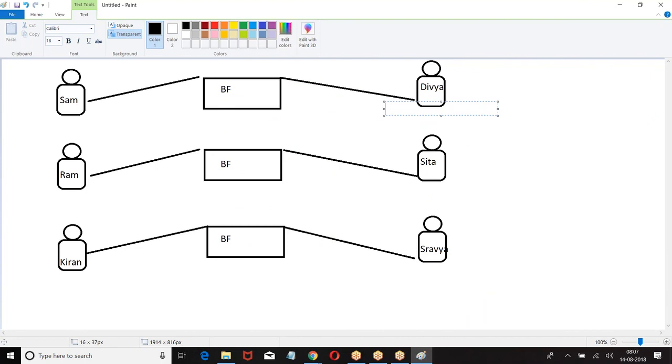No need to tell again that I am providing this service. It is a must. Without providing these three services, you cannot become a boyfriend. Are you getting my point? When you say I am a boyfriend, automatically you are providing these services. It is automatically understood. Let us say mandatory services. Let us give some services. What are they? Transport.